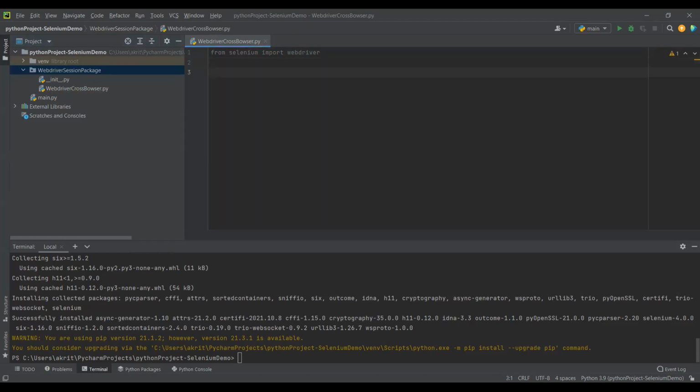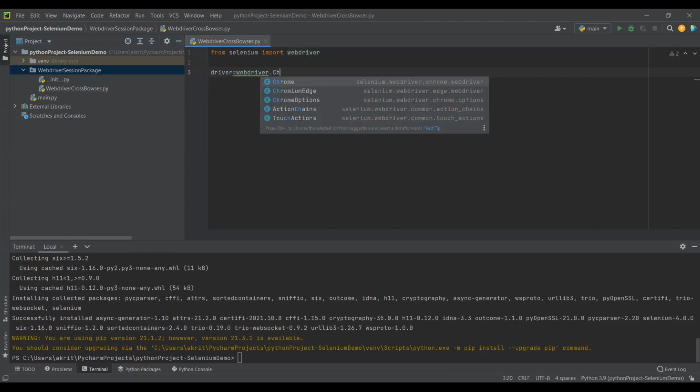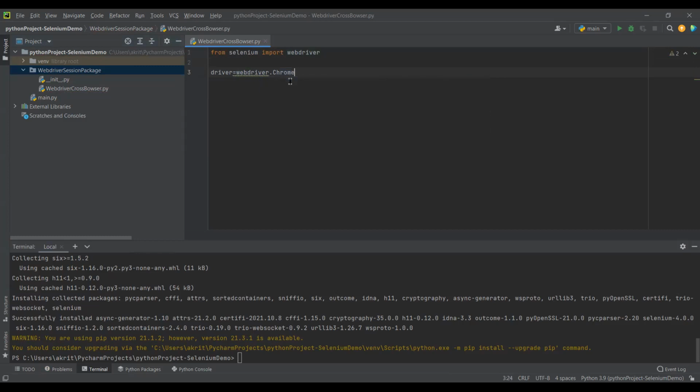Now, let's create a driver. Driver equals webdriver. Now, as you can see, from selenium.webdriver, we got our Chrome WebDriver package, and this method we can easily use from here.